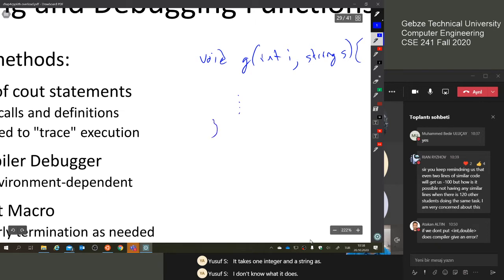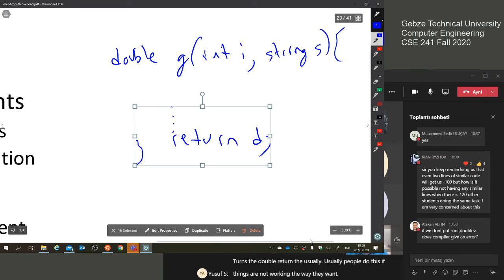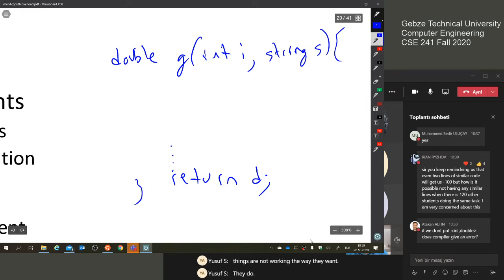It does something. Maybe let's return a double. It does something, and at the end it returns a double. Return d. Usually people do this. If things are not working the way they want, they do this kind of stuff. They say that, okay, at the beginning,